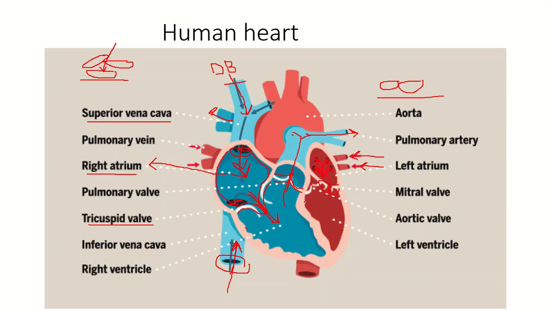Now what is the difference? Why are there two flaps here? Because here the walls of the chambers are thicker. It means the pressure will be high here. So as the walls are thicker, there is less space for the third flap. So that's why this valve only contains two flaps. Okay. So these flaps again are closing and opening, and they will again stop the backflow of the blood.